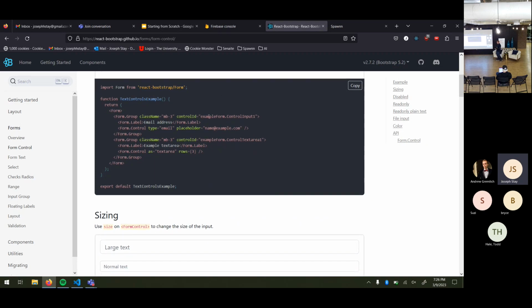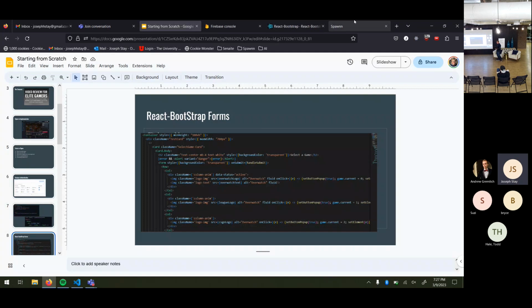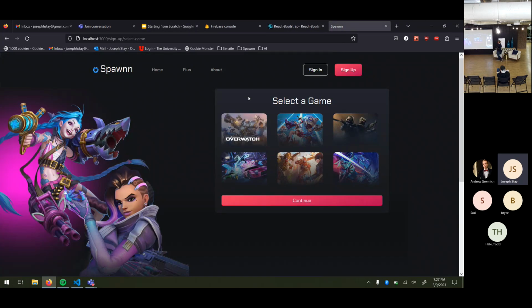It also has some nice class names, control ID, a little bit of other stuff. You have this automatic large text, normal text, small text, and it's all sized nicely for you. So for instance, this code right here corresponds to this, which I can think of as a select-a-game area in a row. At the top is just the title, then a row with column, column, column for each one, so it's going to evenly space them. I don't have to worry too much about the CSS there. Another row with column, column, column, and then a final row for just the button, and it splits it up through the entire row. And that's what I like.